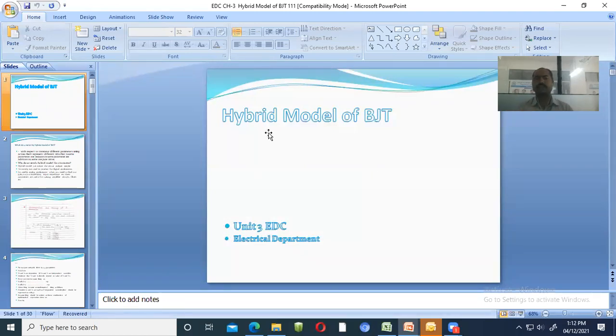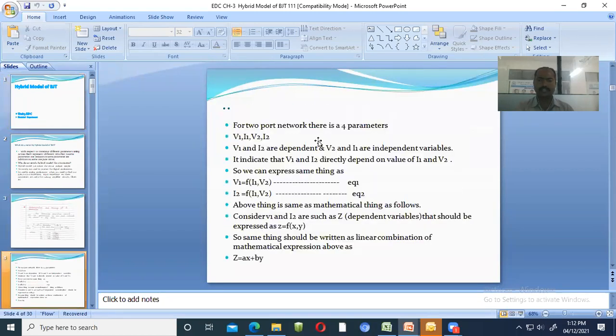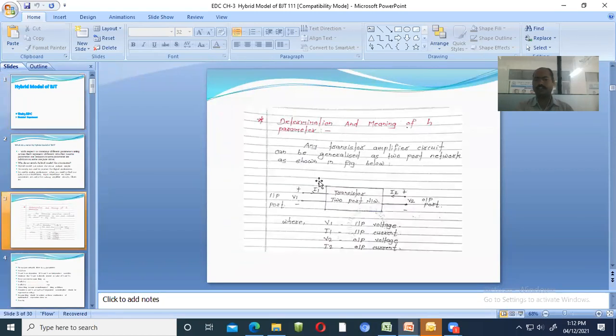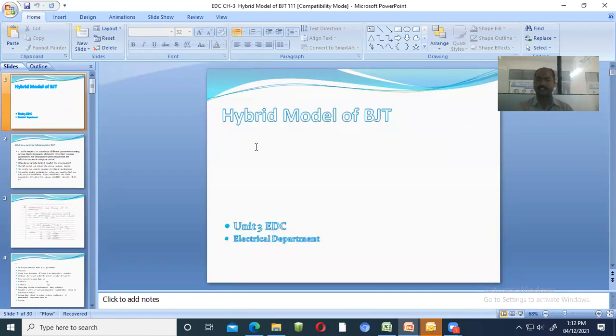That's why its name is hybrid model. It indicates that when we have to analyze the transistor, it requires a model. We have seen the model of your BJT. Model indicates that it is the two-port network model of your transistor. That's why the name is hybrid model of BJT. So hybrid model of BJT is nothing but analyzing the BJT by using the two-port network. In the two-port network, all of the outputs coming with respect to the transistor are different, not the same unit.